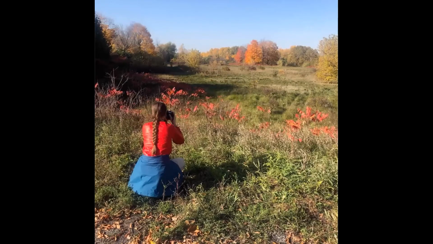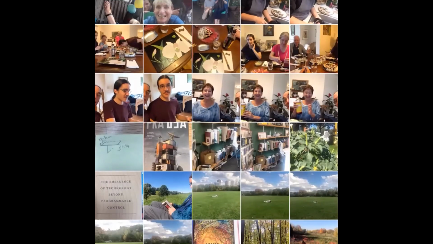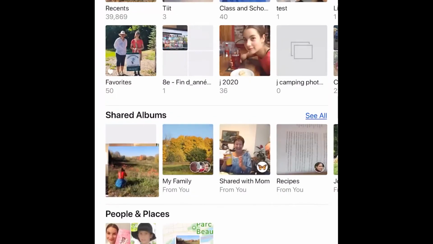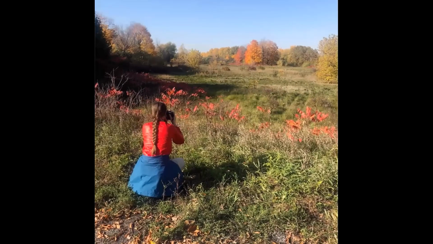This is me taking a picture of my daughter taking a picture of that tree way in the background when we went out yesterday. So now I've shared it with the family album. And so if I go and find the albums here, the family album, there's the photo. And that means that everybody else in the house just got a notification saying that there's a new photo in the shared album. And I do that for people outside of the family as well. It's super easy if they're on a Mac, PC, iPad, iPhone, or don't even use iCloud at all. It doesn't matter. You can still share with them.